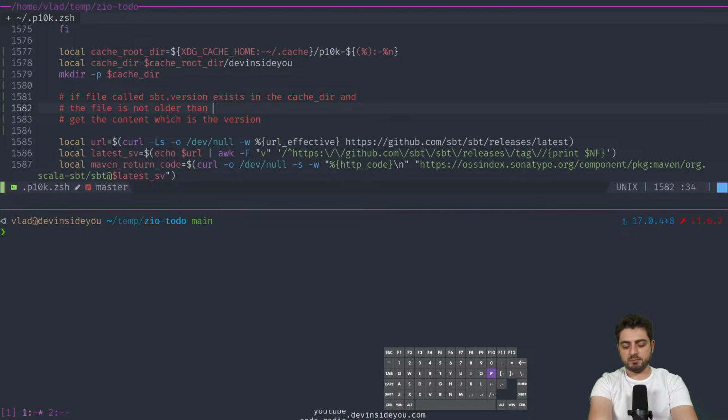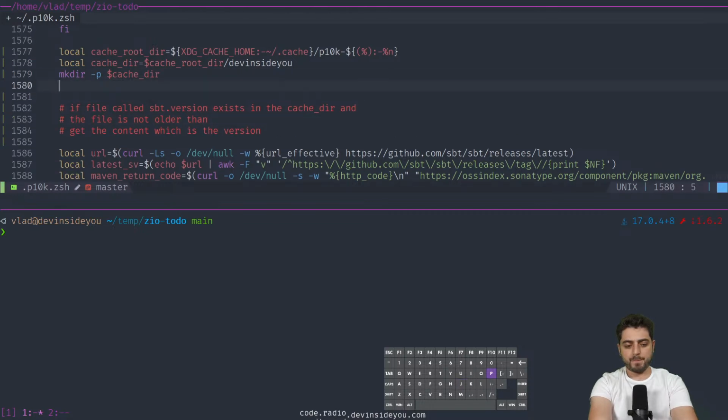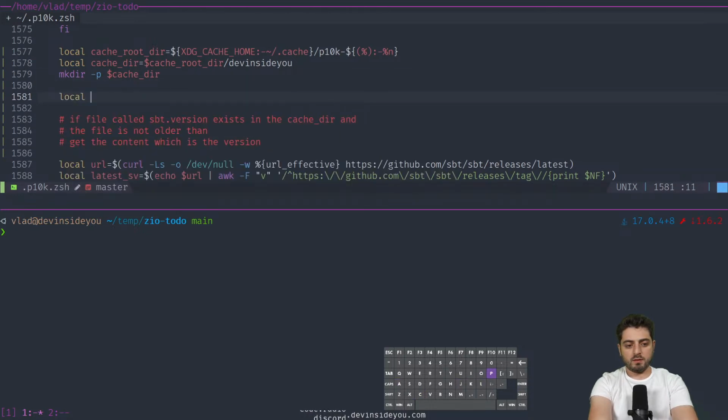There will be a variable. What timeout? Let's only do hours, 4. Okay. And if the file is not older than timeout,